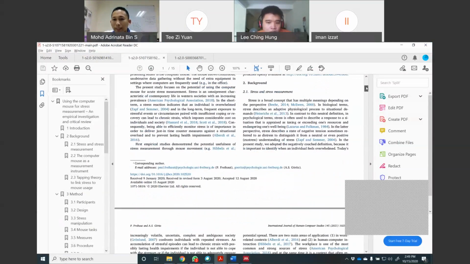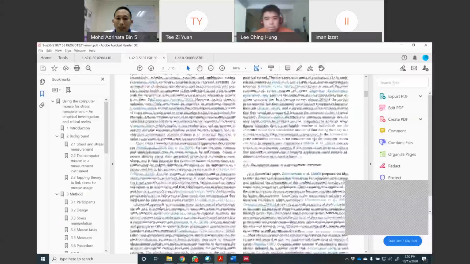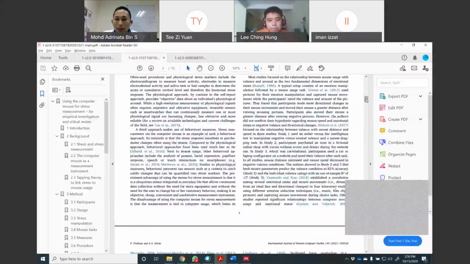Tapi you kadang-kadang baca kat sini in the later perspective, stress describe a state of negative tension sometimes referred to as distress, distinguished or positive understanding of stress. Ya ke? Then you kena pergi cari dekat reference dia untuk lebih faham. So that teknik kita namakan dia snowball teknik. Dapat satu, dapat lagi 10. Macam tu lah. Okay. So mana-mana yang berkaitan yang you nak tahu,